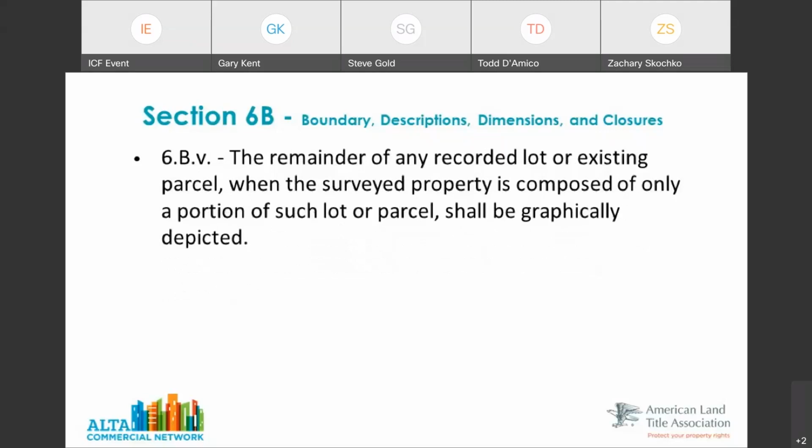Yeah, thanks, Todd. On section 6B5, this is a requirement when we're doing, usually the term would be an original survey. Well, there are two types of surveys. There's an original survey, which is when we are doing a survey of a parcel that has not been transferred before. So this is probably, to use a lay term, a cutout out of a larger parcel. So we're doing a survey of that.